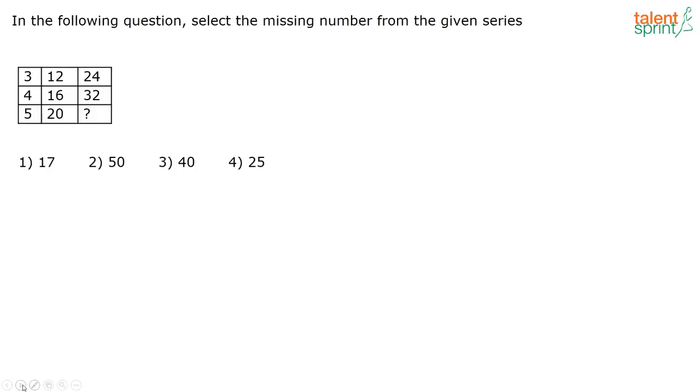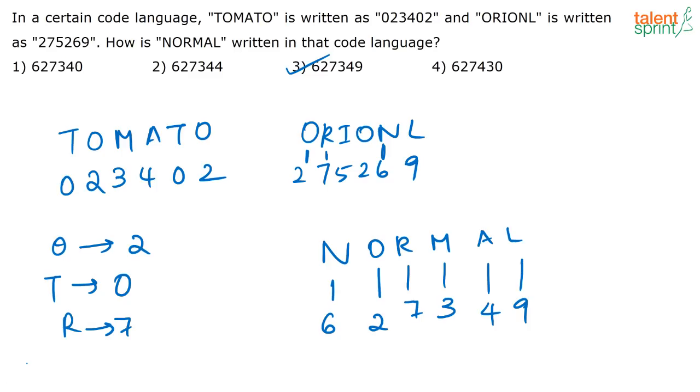See, for the previous question, you needn't write down all these, okay? I am just writing it down so that it's clear for everybody. If you see here, tomato, correct? O is always coded as 22. Similarly, here again O, you see it is coded as 22. So you know that for each letter there is a corresponding number that is being coded.